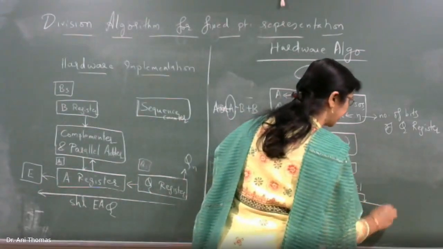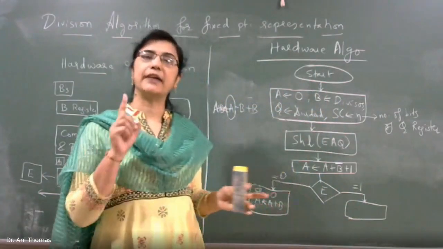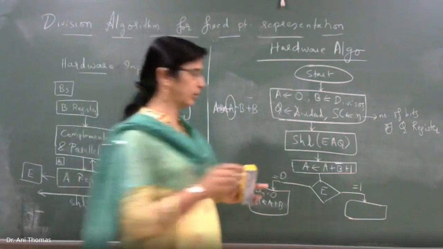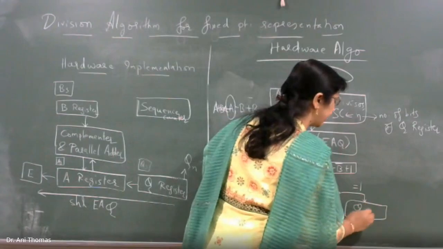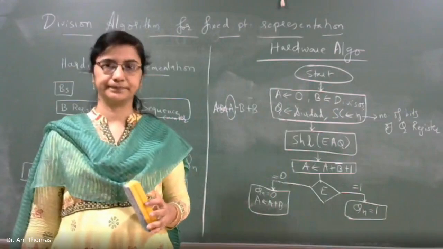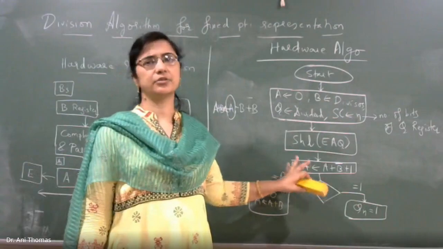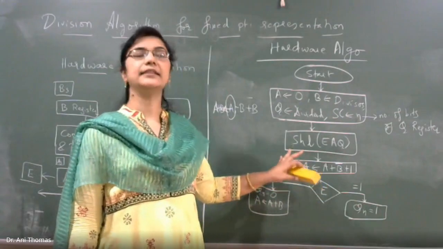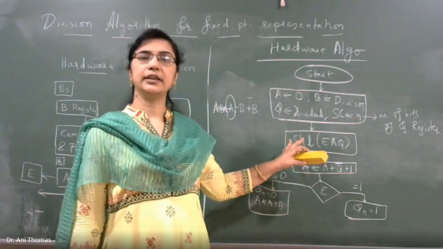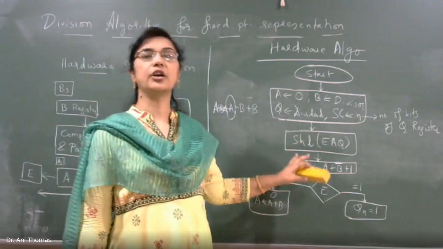Now your quotient here is a binary value, not a decimal value. So in the quotient we will have either 1 or 0. So for the quotient, we will have Qn is 1. Qn is 1. And already we have subtracted, A is A minus B, so we need not subtract again. And this cycle will go on till all the digits of the dividend are finished.